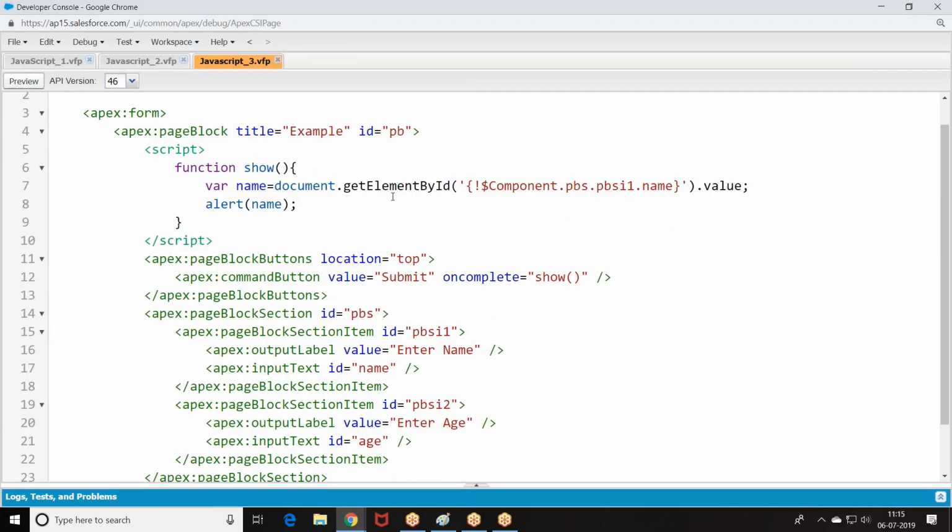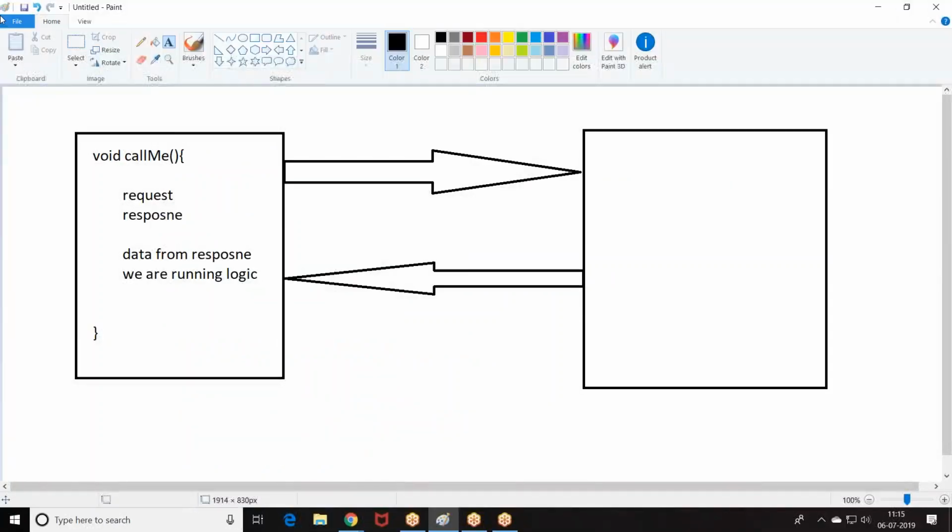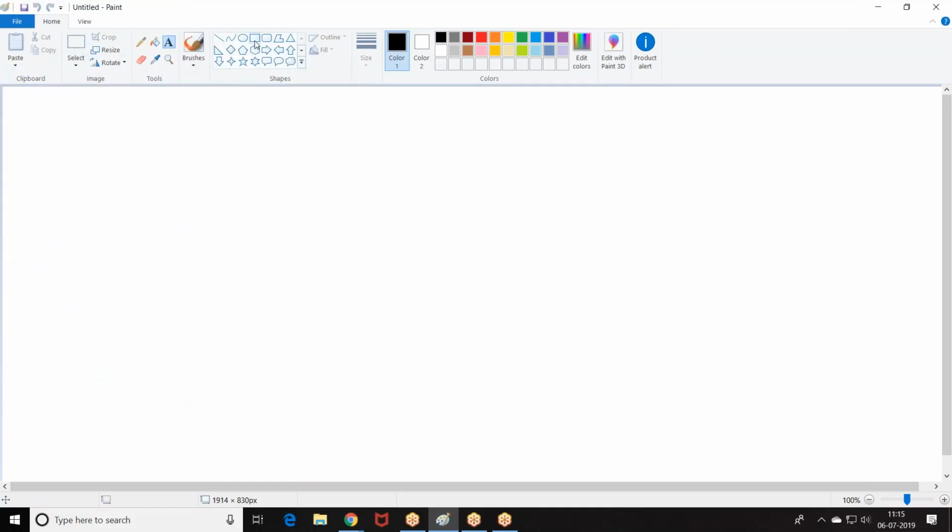Clear for everyone? Right. Now let us move on to the next story. People, just try to create this page from your end. One quick example we'll see. Okay, this is my requirement.